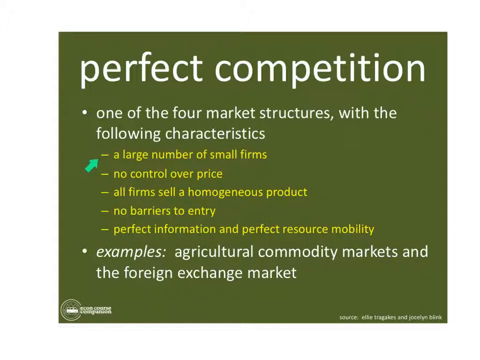So what's the deal in perfect competition? There's a large number of small firms. Each individual firm has no control over price. They are what is called price takers. That's very important. They have no ability to decide what the price is that they're going to sell their good for. All firms sell a homogeneous product. There are no barriers to entry and no barriers to exit, which means that you can very easily, in this theoretical sense, join the marketplace and become a firm,